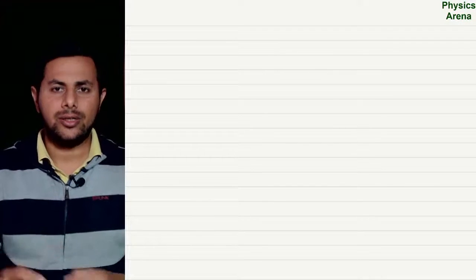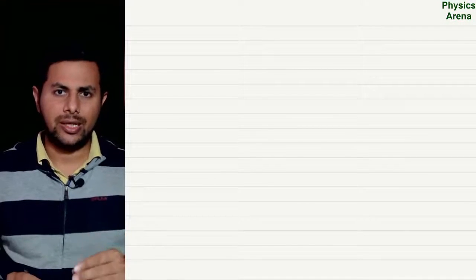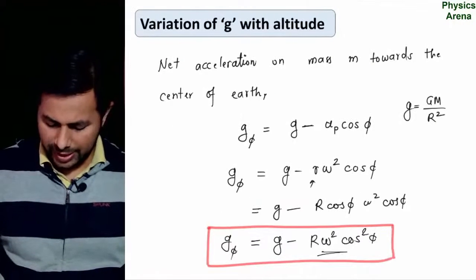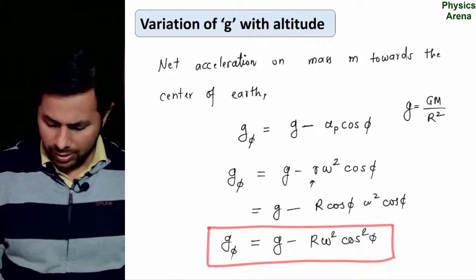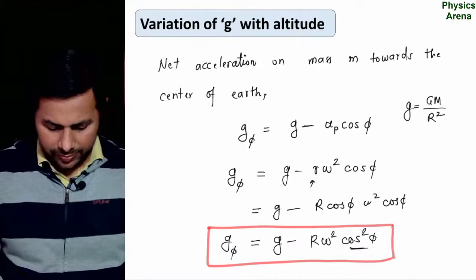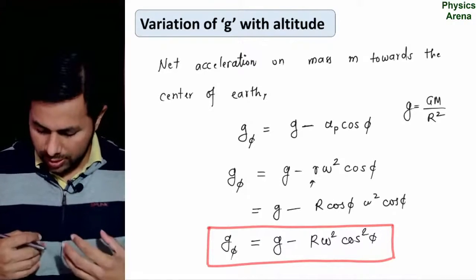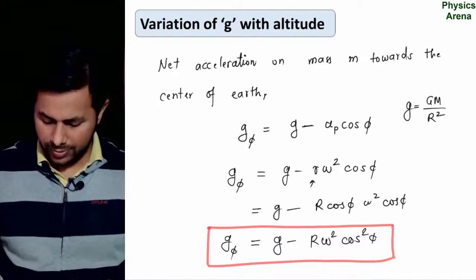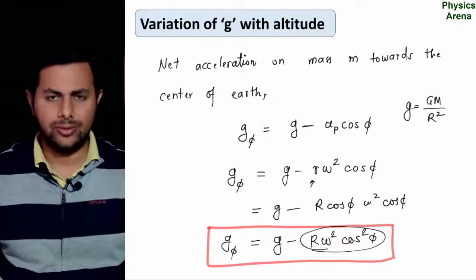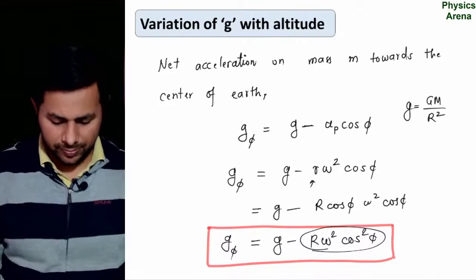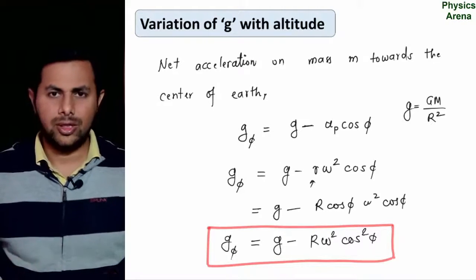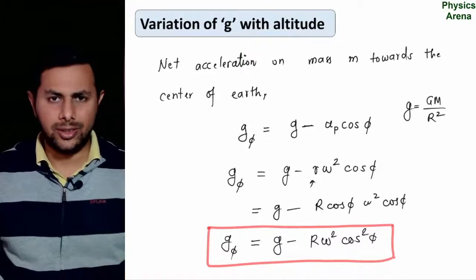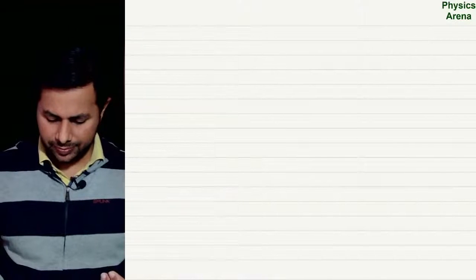Of course, for acceleration due to gravity to be maximum, this factor should be minimum, and that means if cosine phi is equal to 0, then this factor will be equal to 0, that is minimum. Okay, so we know cos 0 is 1, cos 90 is 0, and that means,